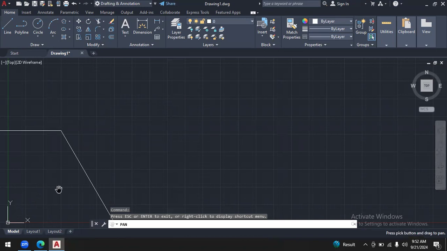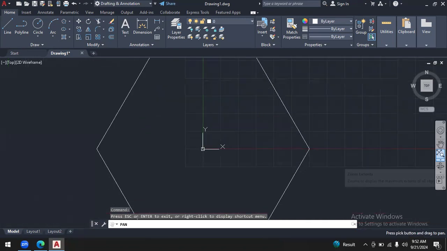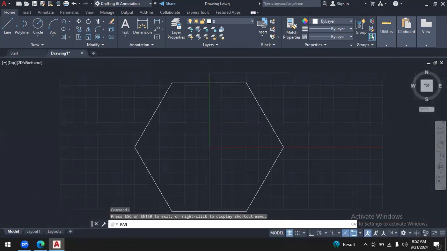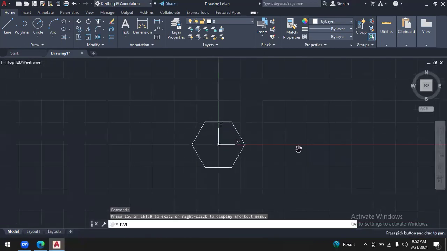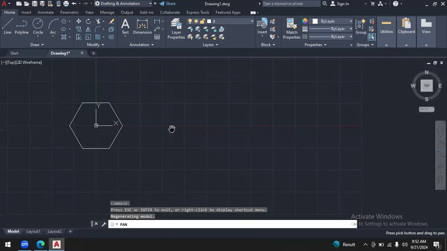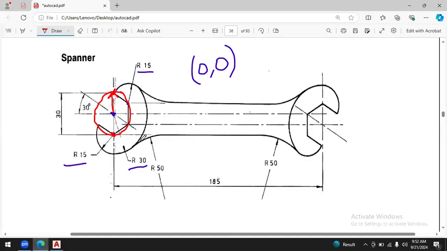Bring it to the center. Now zoom out as much as you want. Now drag it towards the right hand side, because we are first making the right part of the spanner. So now